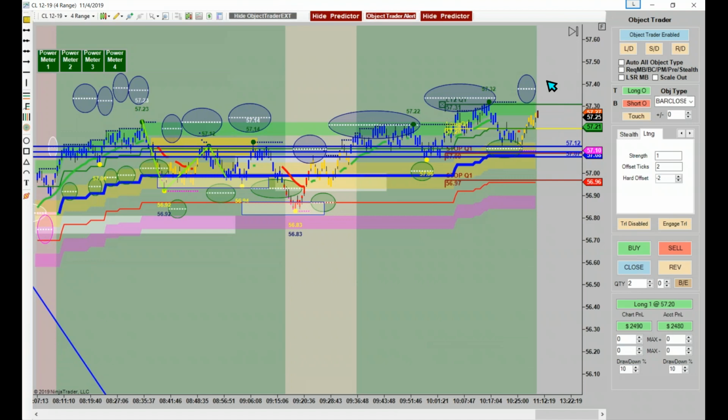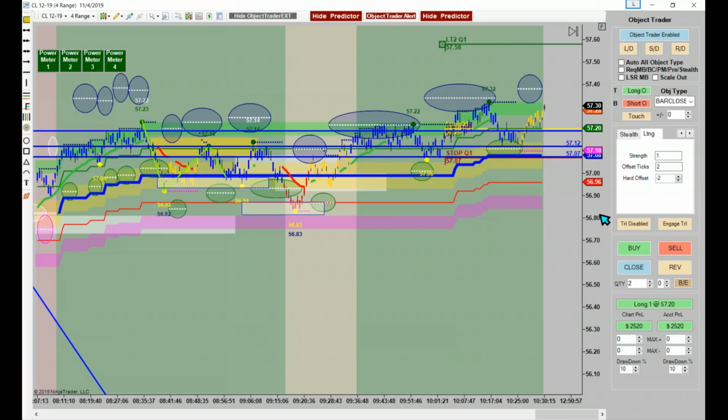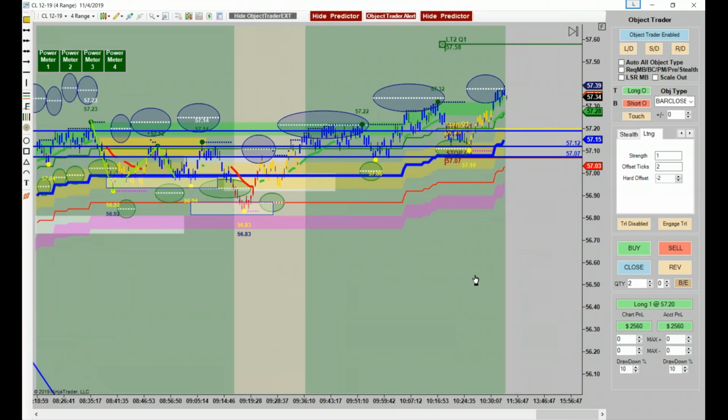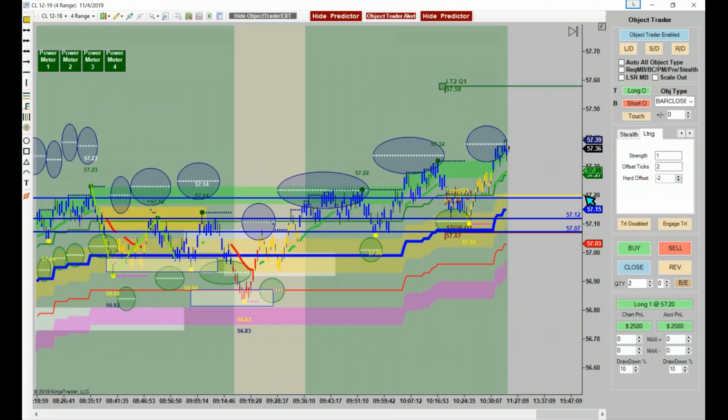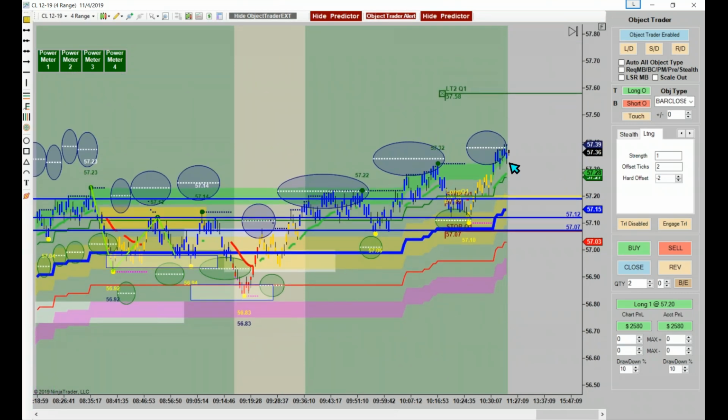And of course you could ride your runner with your identified swing as soon as it identifies itself. There it is. Everybody see that? And we got the tool to actually move this stop automatically if you want to. Okay, that's looking left to trade the right in a nutshell with Lightning 1 and 2, and also looking at